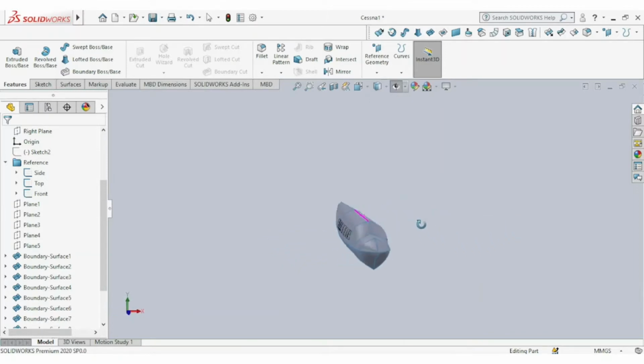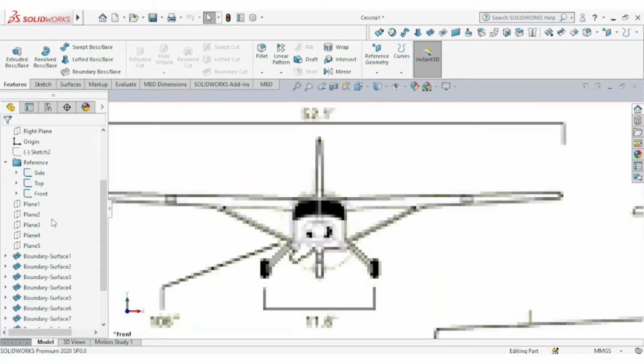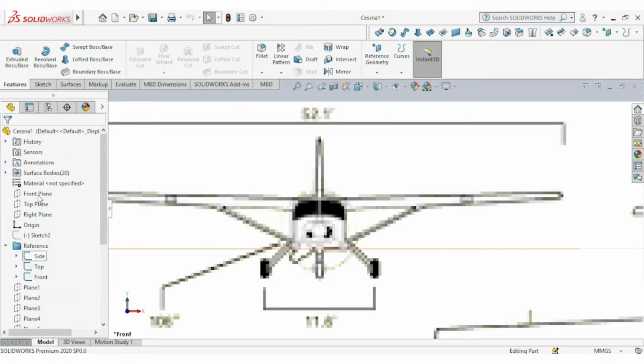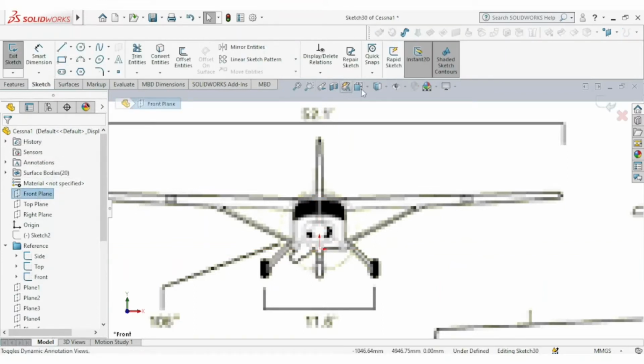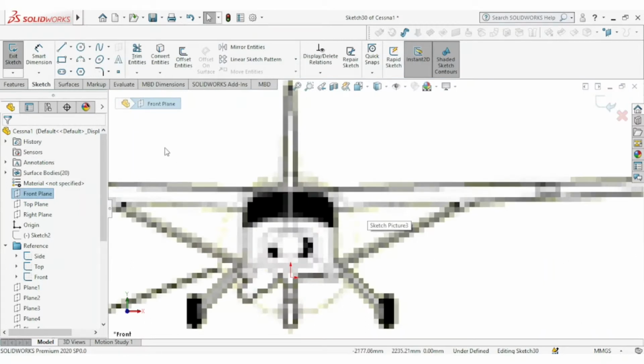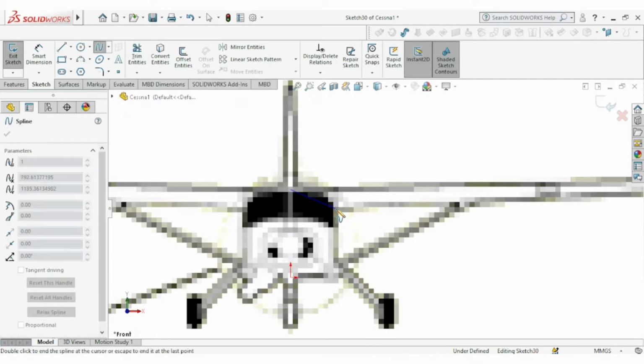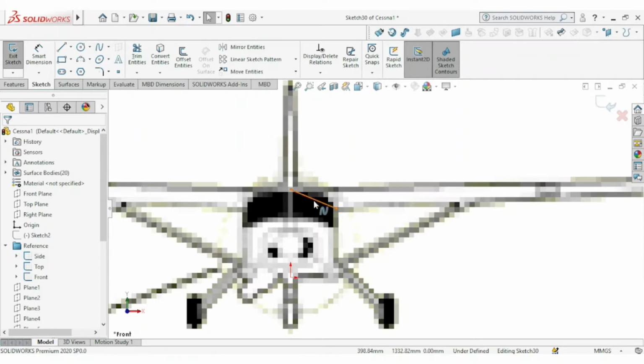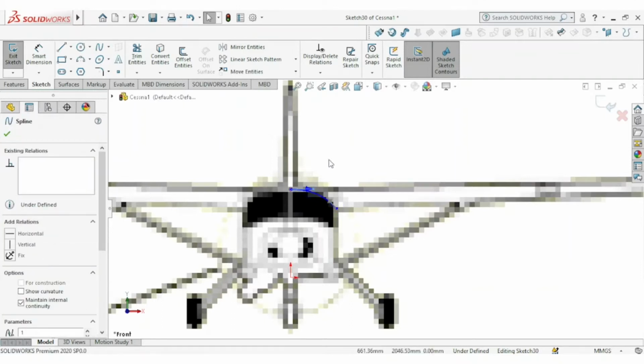Let's now do the windshield. For that I prefer the front view. Okay, so choose a front plane and go to sketch. I think one side is enough to be used, and then just mirror.